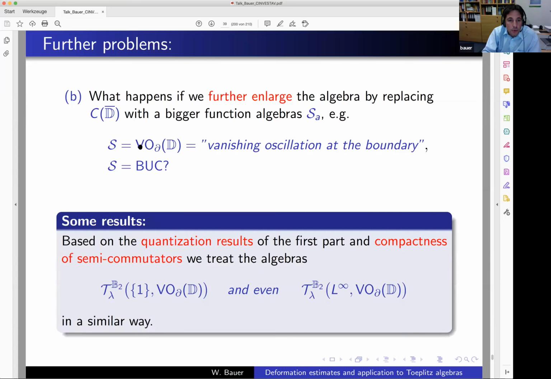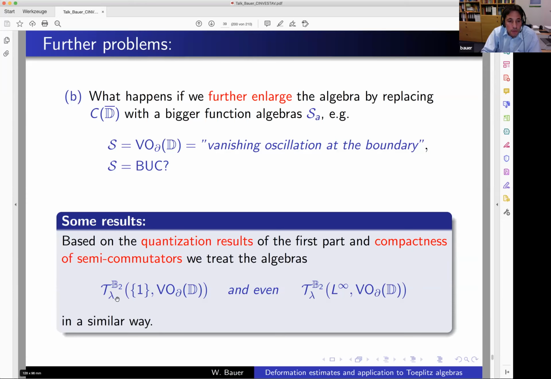And in this case, we have two effects here. First of all, VO-delta, I did not define this, but this function space admits also quantization, and also it admits compact semi-commutators. So based on these two results, we can, in a very similar way,